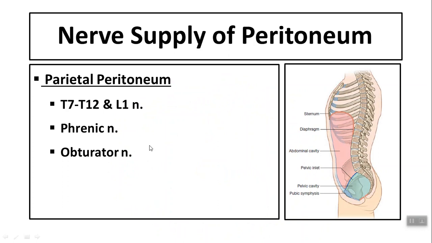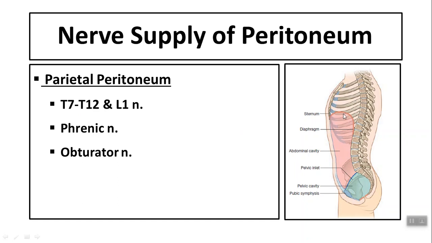What is the nerve supply of the peritoneum? This is an important subject. Parietal peritoneum is supplied by the lower 6 thoracic nerves and the first lumbar nerve, from T7 to T12 and L1. This is the anterior abdominal wall. The diaphragmatic